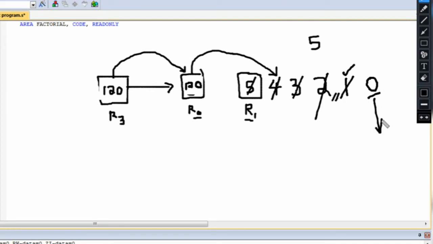Okay, so basically what we did, we took the main value here, 5, we multiplied with the value less than 5, which is 4, and stored the result in R3. Okay, then what we did, we again decreased it and again multiplied the value 20 with 3, then again stored that result here and multiplied the value with 2. Okay, like that we are doing till we reach 0. When we reach 0, we have to end the loop. Okay, so let's see how to do that in Keil software.